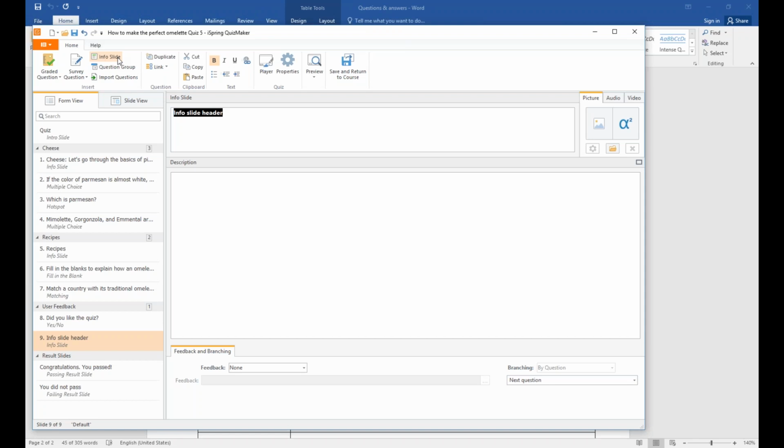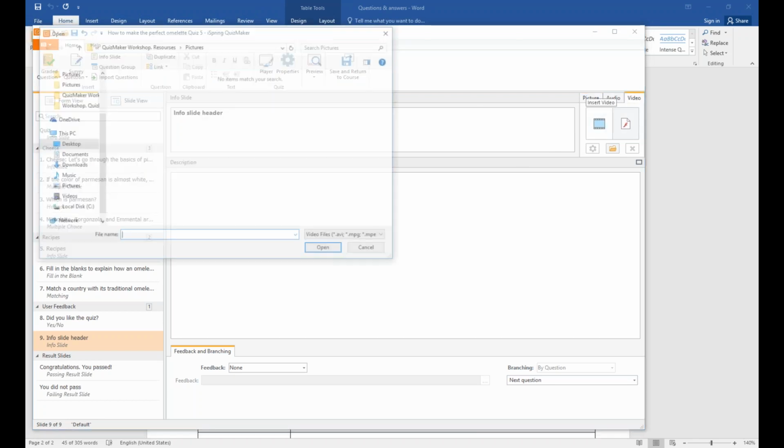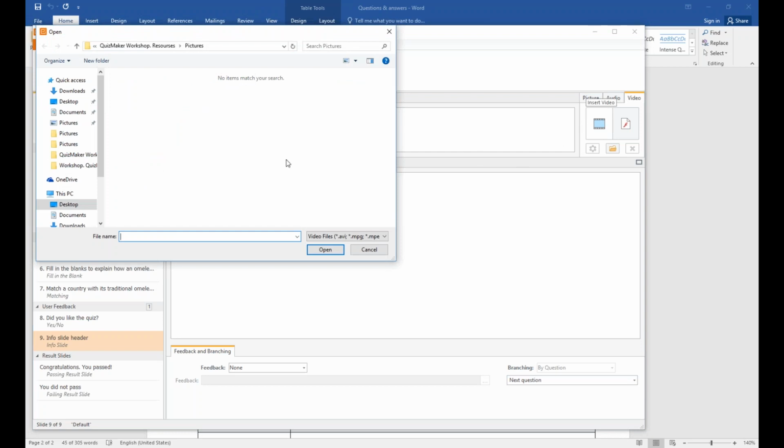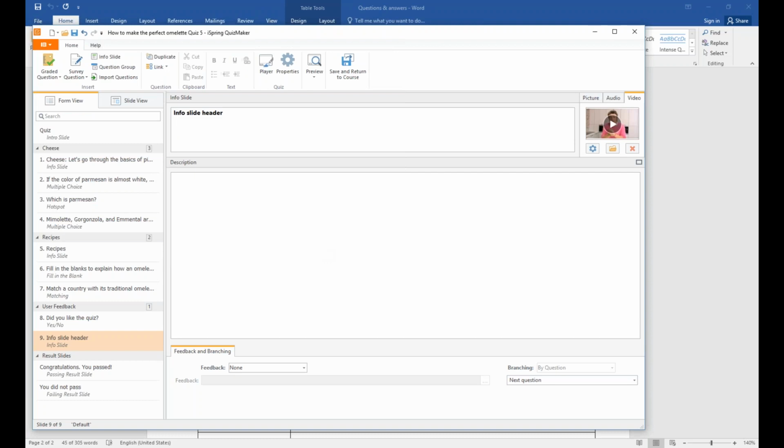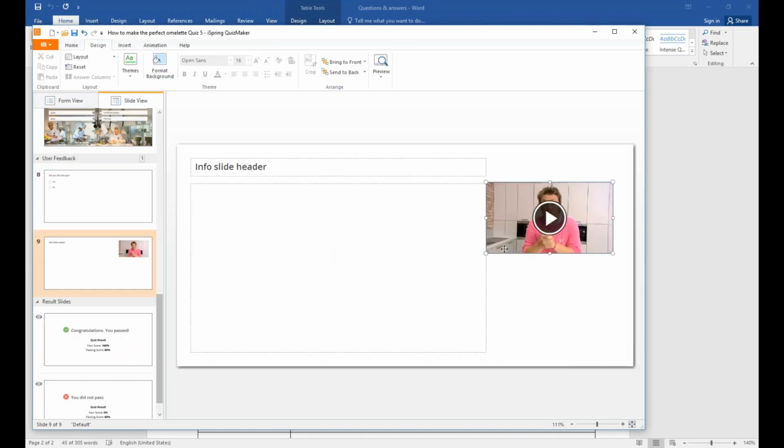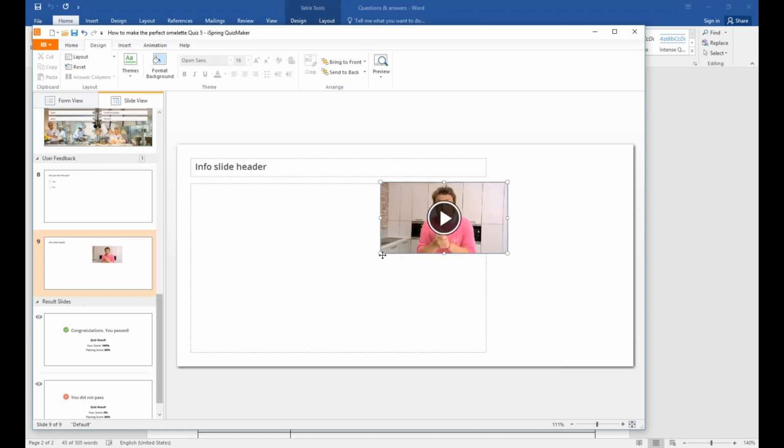Then we can insert a video as a bonus. We have one in our resource folder, so we go to the video tab and click on insert video. Now let's open our resources, and there in the main folder we have Perfect Omelette by Jamie Oliver. Let's open it. Okay, now let's go to the slide view. Let's put it somewhere in the center,